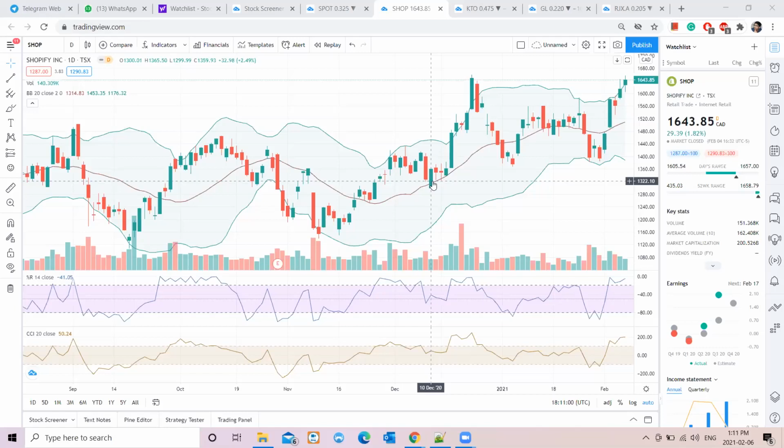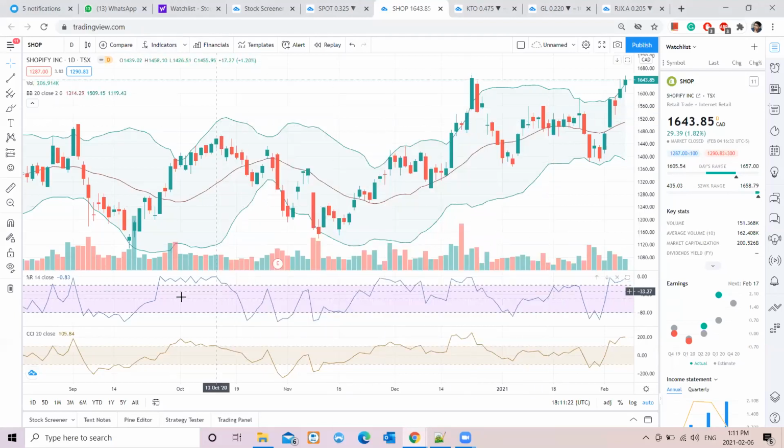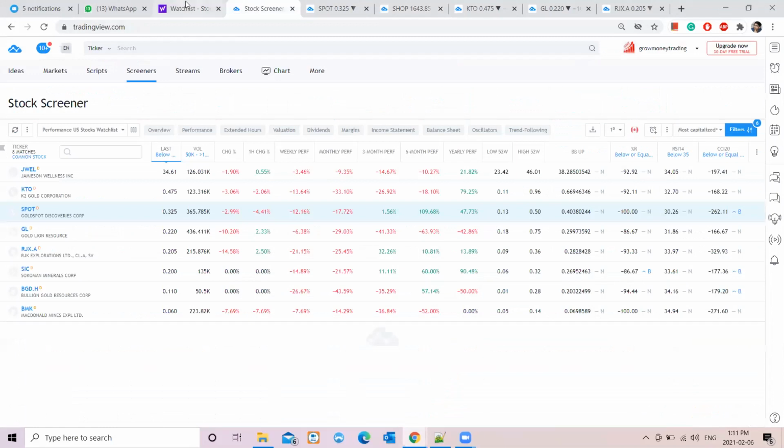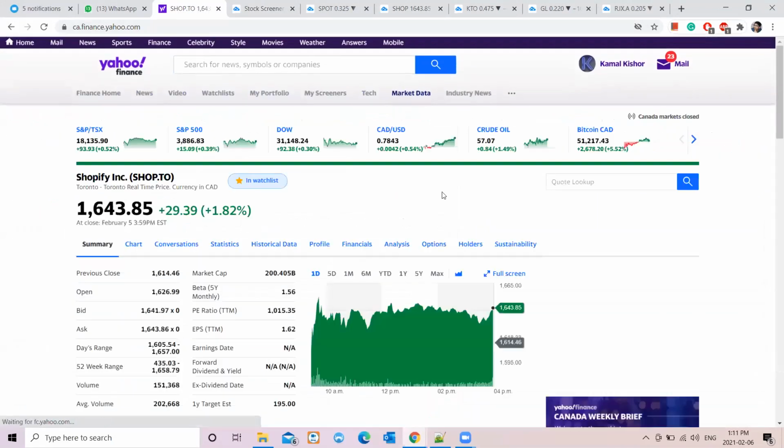Now to this Bollinger Band, what I normally do is I keep adding three indicators. I add Williams R, I add CCI, and I add the third indicator, which is RSI. Now RSI is a common indicator. Why do I add Williams R and CCI? Because both of them are forward indicators. Kamal, if you want, you can take this chart on Yahoo and add all these screeners there, or else you give me the sharing, I will share it across and show it to you.